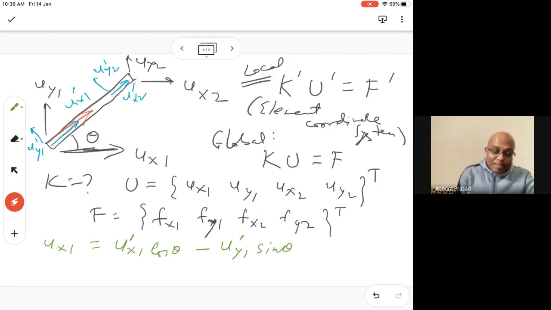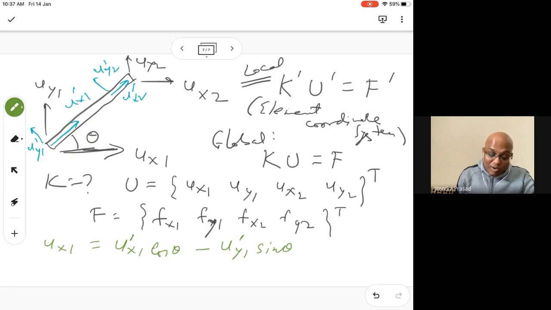So this is ux1 dash cos theta, coming from here, and then this component is the other way, right? If you take the component of that, it will be in the x direction, but if you take the component of this one, it will be in the negative x direction. Hence, this will be subtracted. Now this is theta, this is 90 degrees, this is 90 minus theta. Hence, cos of 90 minus theta will be sine theta. So that's why you get it like this.